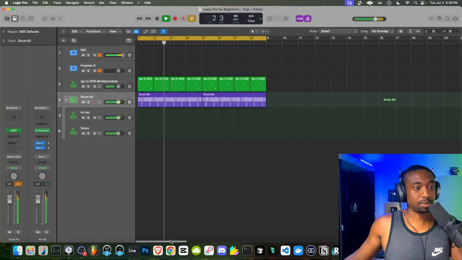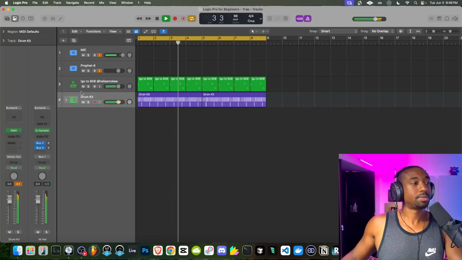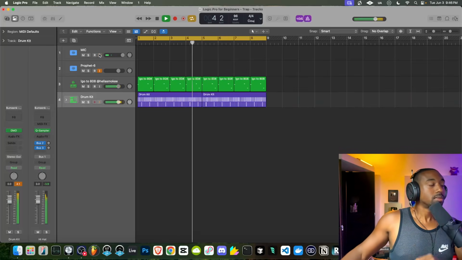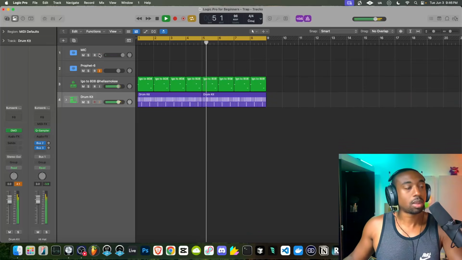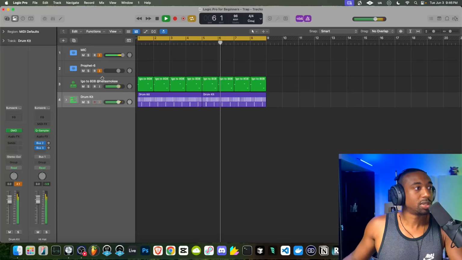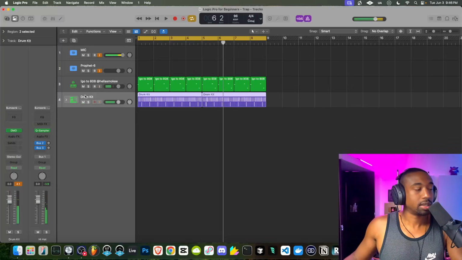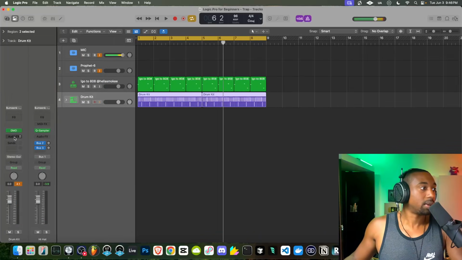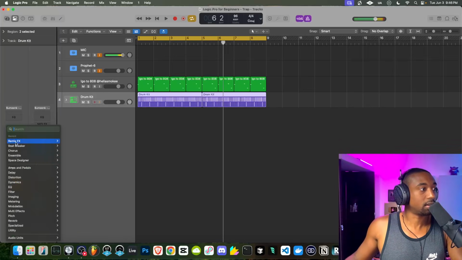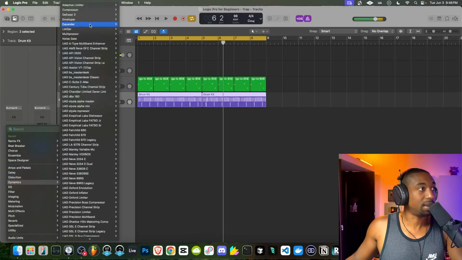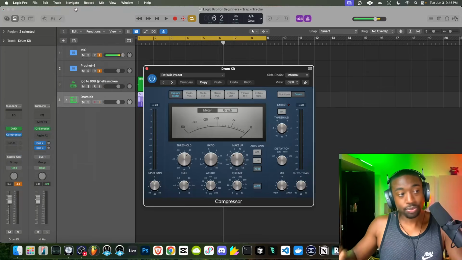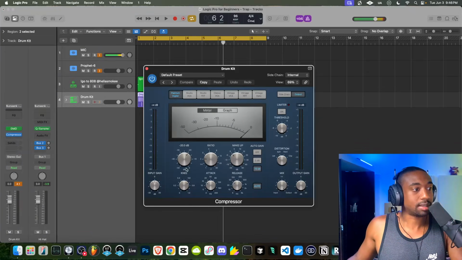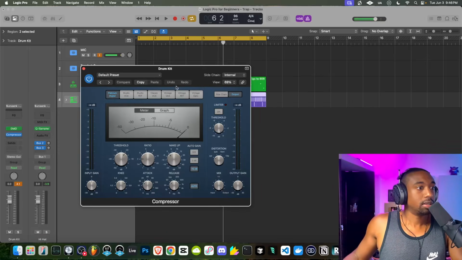So now we're getting our drums. Let's pull some instruments up. Let me show you guys how to make your drums bang a little bit. So let's go to your drum kit, open up the inspector tab, click here where it says audio effects. And here is where we can add the effects. So click the audio effects. Let's go to where it says dynamics and open up the compressor. So the compressor here is the secret sauce. The secret sauce.